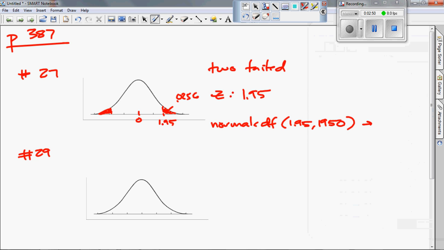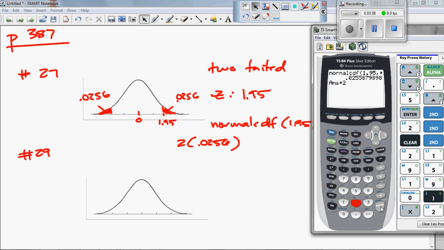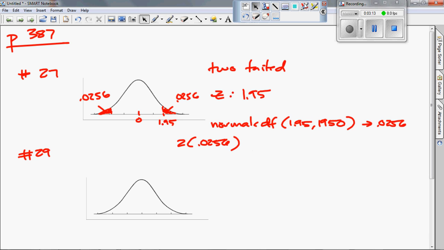0.0256. That means that the area over here in the left tail is also 0.0256. So we multiply that by 2 to get our p-value. 0.0256 times 2, and we get 0.0512. For number 29, we are told the alternative hypothesis is p is greater than 0.29, and the test statistic